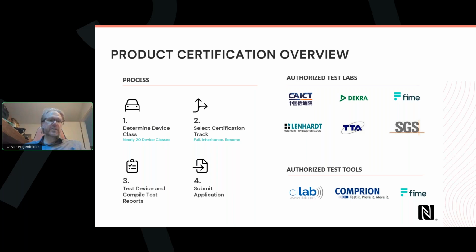An extreme case of this would, for example, be a renaming. So you have a product, you just rename it, then you file that this is the same product with a different name, and then you essentially get a new product certificate for that new product based on the complete previous executed testing. So once the device class is determined and the certification track is determined, you have to go through